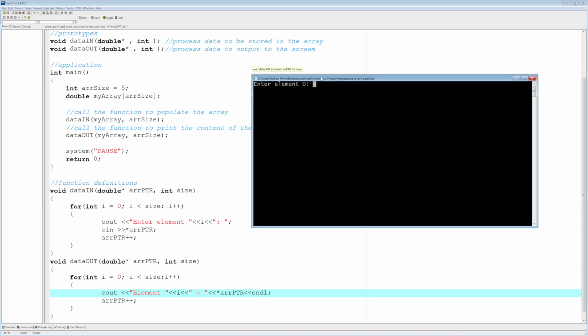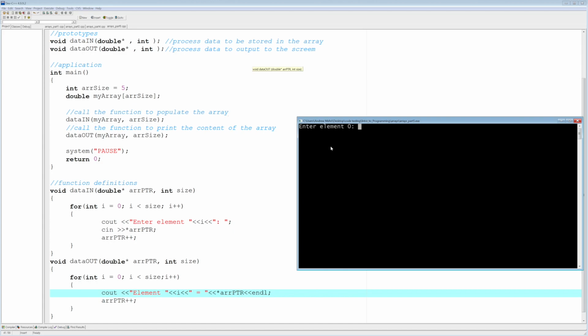Okay, so it's asking me for element 0. So right away in main, the first function it encountered is data in. It sent the address of the array over to the function plus its size, right? So right now we're inside of this loop. Once we called data in, we have access to the first address and we have access to size. So let's go ahead and put some data,